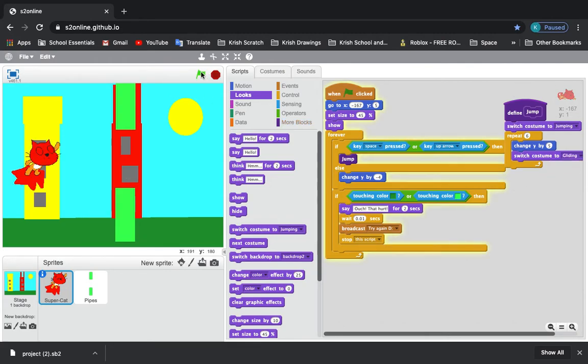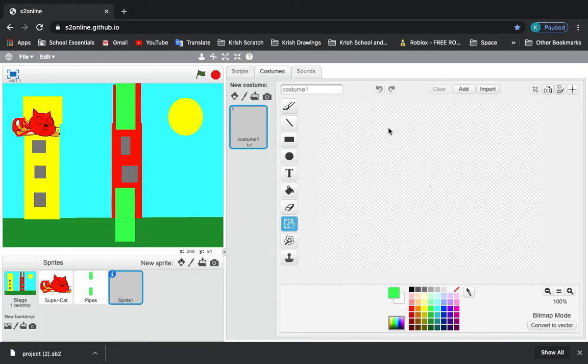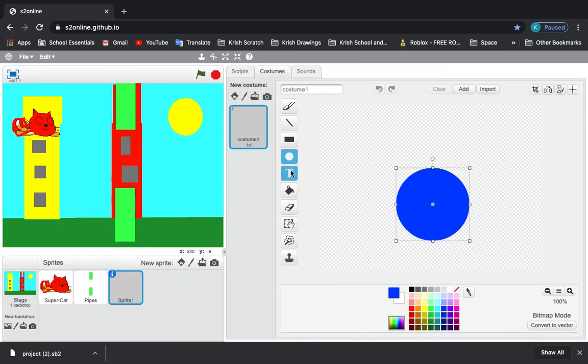Okay, so that is it for today. This is part 1 of Flappy Cat, and today we did the cat. And just before we leave it, I'm just gonna quickly make a good luck, bad luck next time. So I'm gonna make a blue backdrop, blue circle, fit in, then just text saying